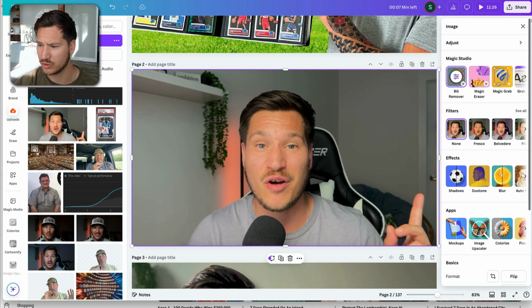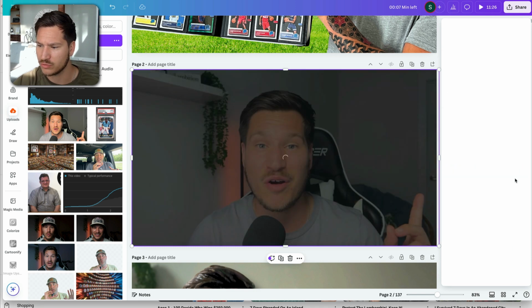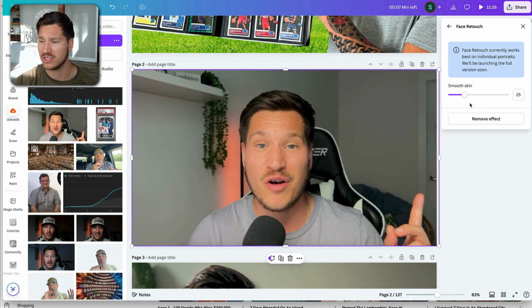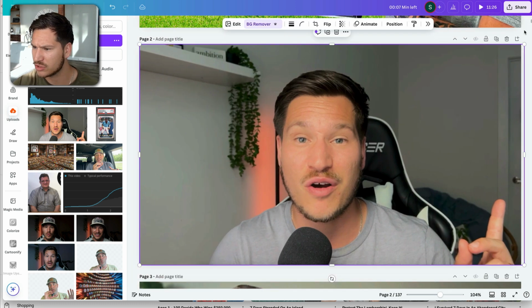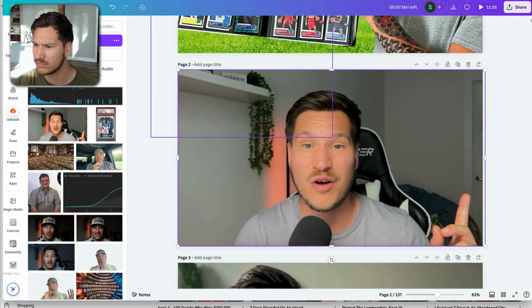The other thing you can do, which is really cool, I don't always do this, but you can, is in the effects, you can actually do face retouch, and you can smooth out your skin levels too. So I just do this, and you can see it smooths out like my wrinkles I have and stuff. It'll smooth all that out. I don't usually put too much on that, but just a little bit. And then